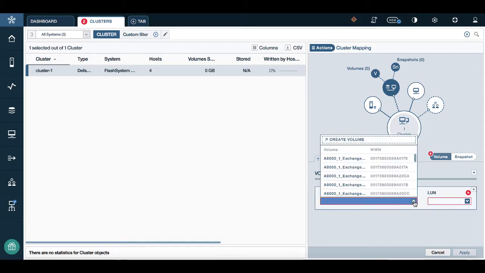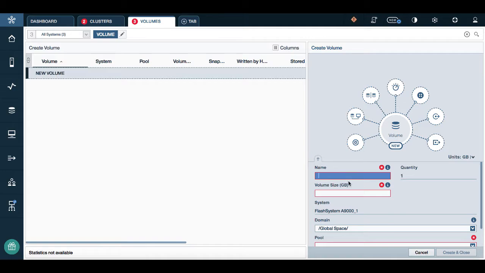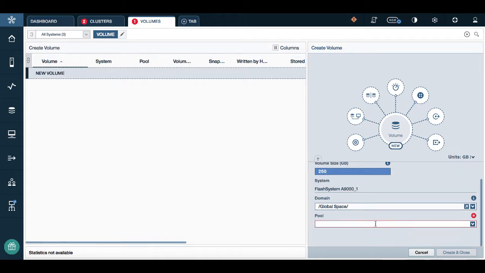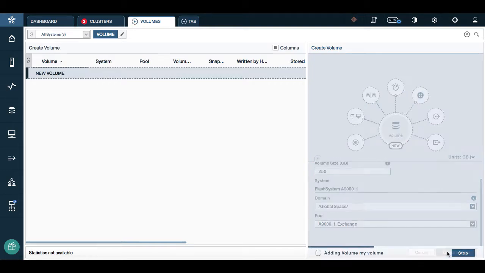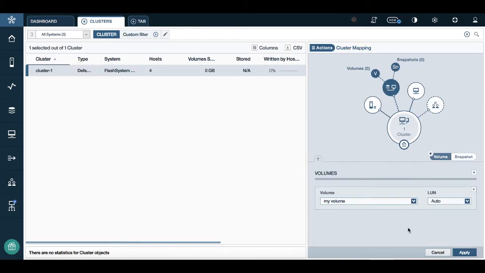I now create a new volume here, so let's name that new volume. Let's size this particular volume. You can see that it's on the A9000, and now we select a pool. Let's put it in the Exchange pool. So I've now done that, and now we're back to the map, and it says my volume. If I click apply,